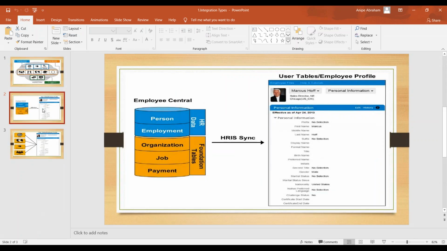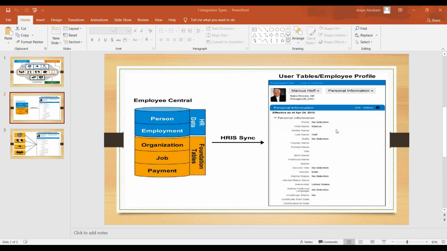For example, you see that there are two examples here. This is your Employee Central system, and this is your employee profile, which you can call a live profile, or some call it a talent profile. Calling it a people profile is not the right choice.